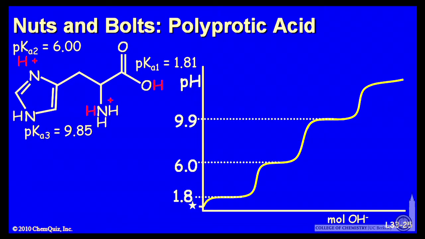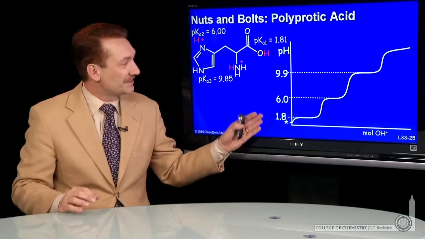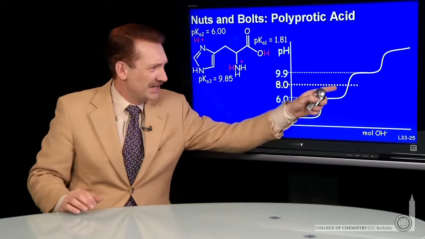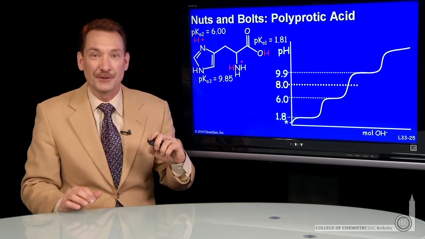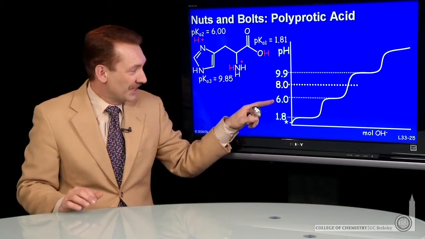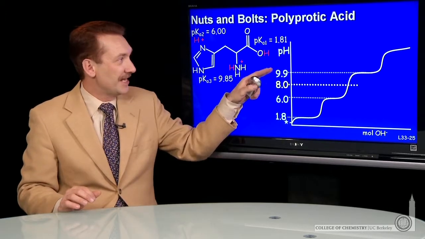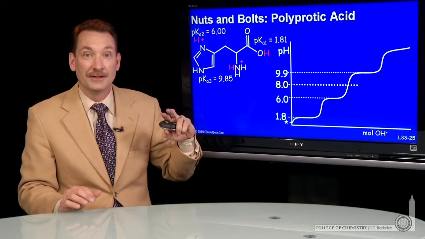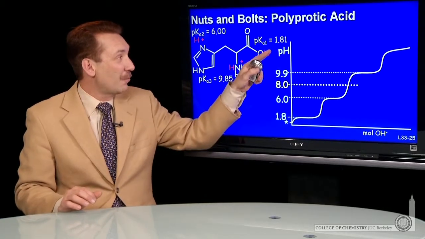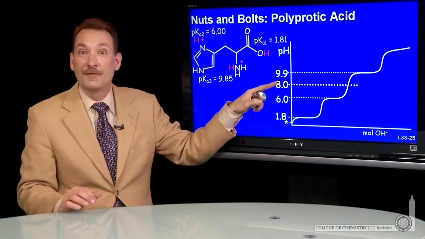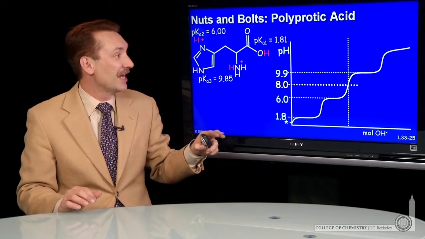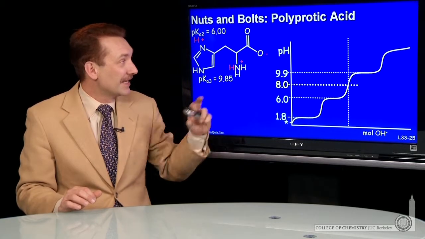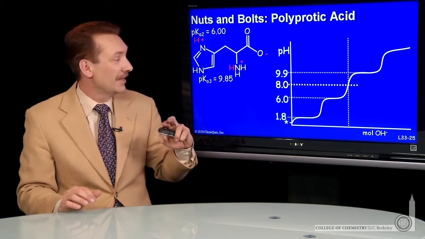Now let's look at that pH 8 position. We've sketched out the titration curve. And what we'd like to say is, at pH 8, which species are present in solution? Well, pH 8 is between 6 and 10. It's well above this initial pH. So pKa 1, that proton is certainly fully removed by the time we're at pH 8. So this is a negative ion right now.